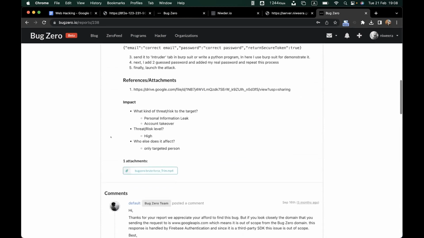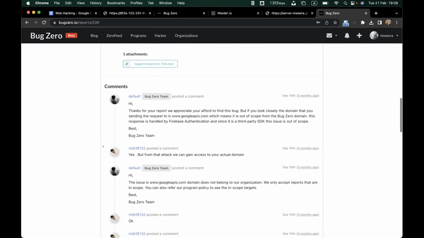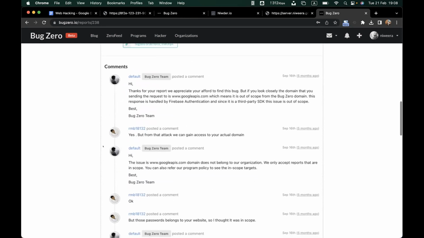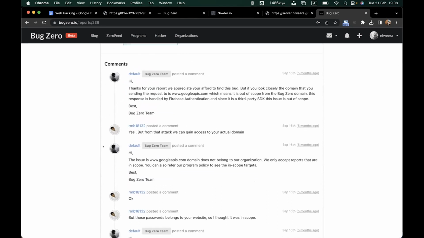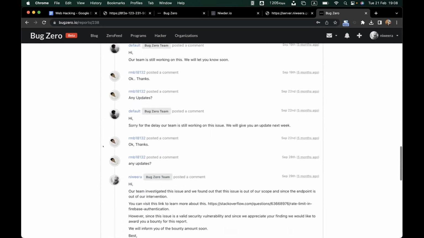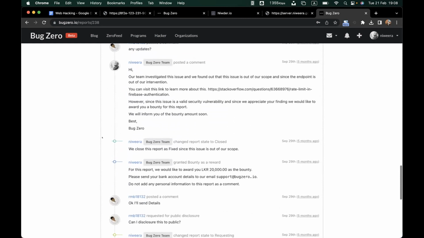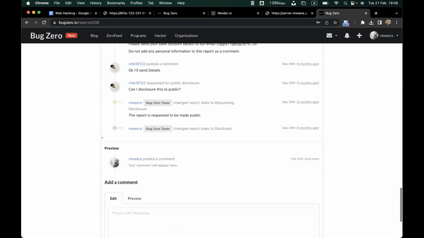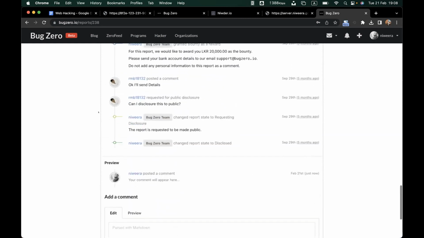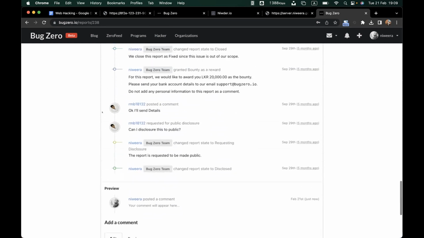In the comments, you can see the communication between the Bugzero team and the hacker itself, some communication back and forth. And then we have the bounty. For this bounty we have awarded him 20,000 rupees, and we have disclosed this vulnerability to the public.